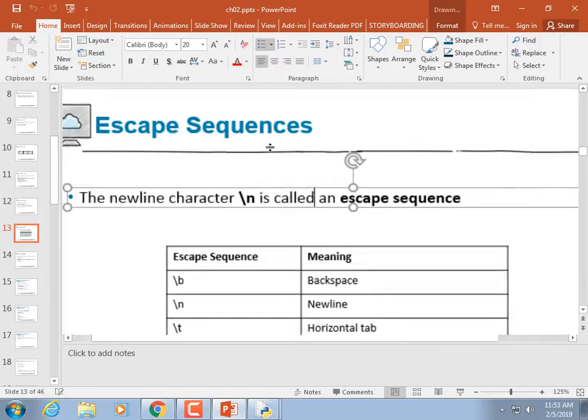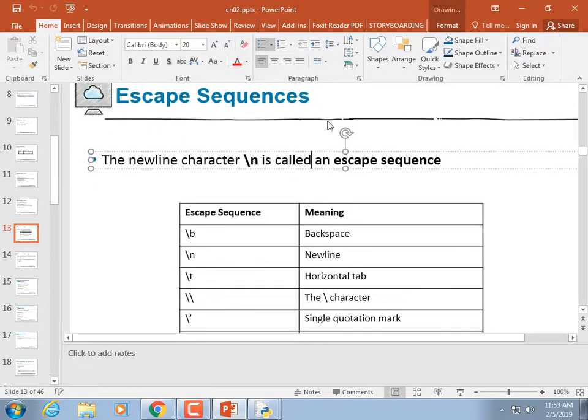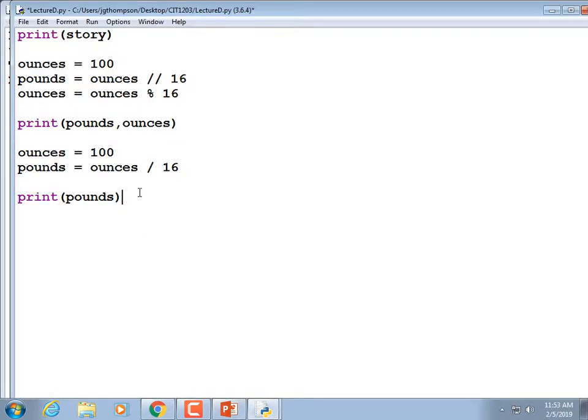Escape sequences. Why is it called an escape sequence? It's some term that somebody made up in the 60s or something like that. If you have a string that looks like this, s equals 1 backslash n 2 backslash t 3,